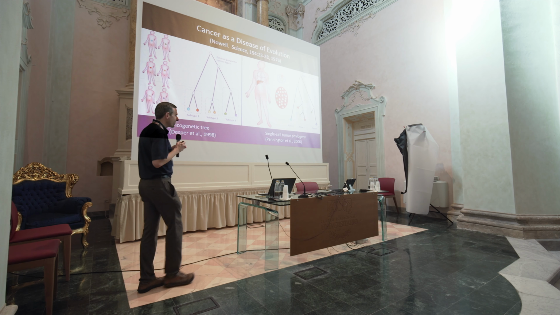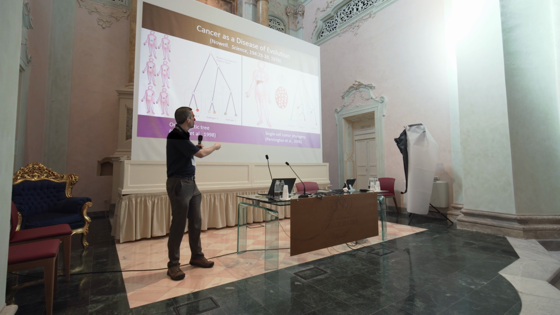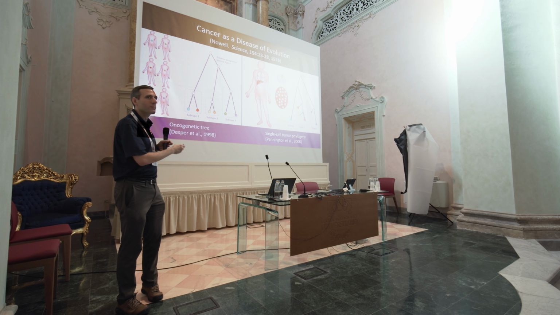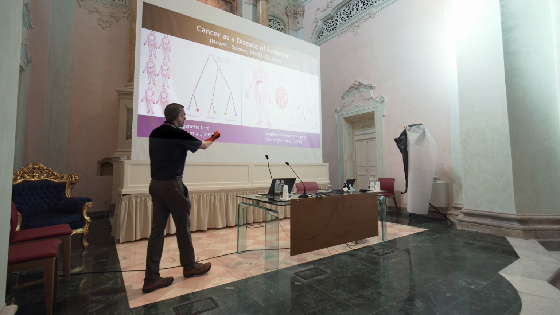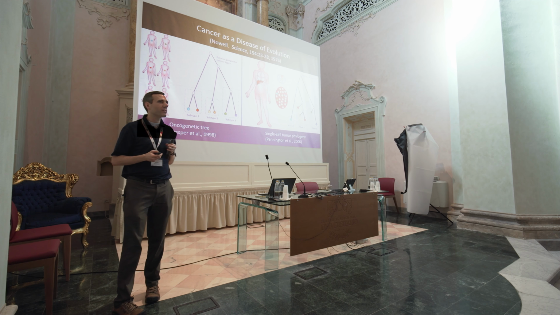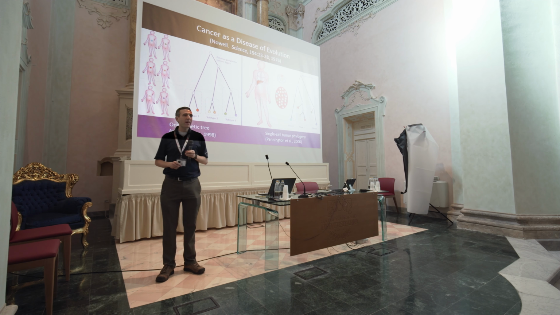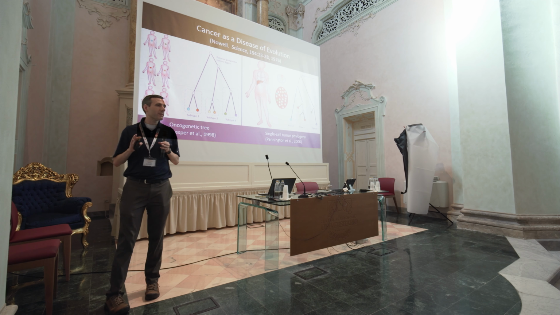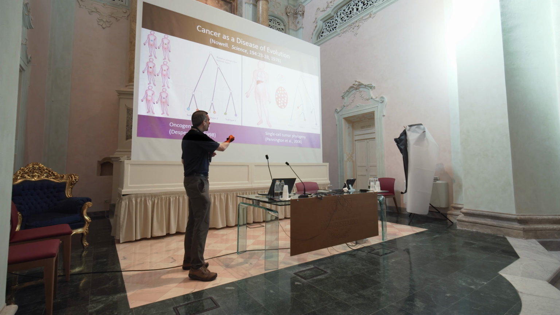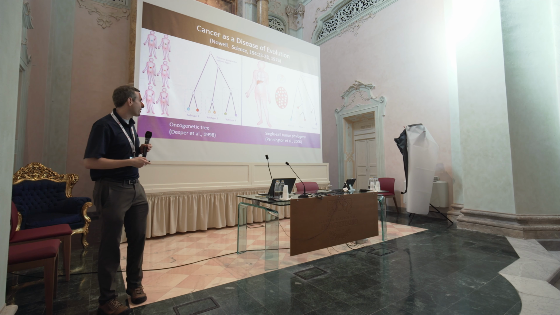My own lab and others got into the field with a different view of tumor phylogenetics, as a way of building phylogenies of single tumors, in our case based on cell-to-cell variations within these individual tumors, of variations between single cells in the tumors, and by building a phylogeny of those single cells, come up with a model of how one tumor is developing. One of the key things you learn when you start looking at tumor phylogenies is that one phylogeny tells you absolutely nothing because it's mostly random noise, but once you start doing this at scale, you can figure out what is actually meaningful and robust about these individual phylogenies and start to learn something about the biology of these tumors.